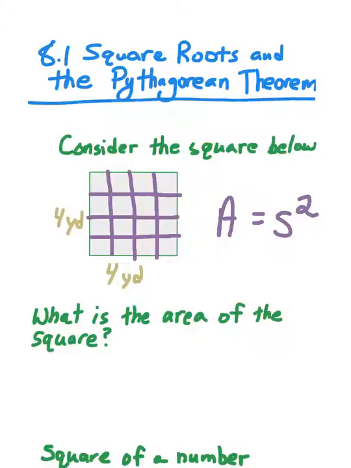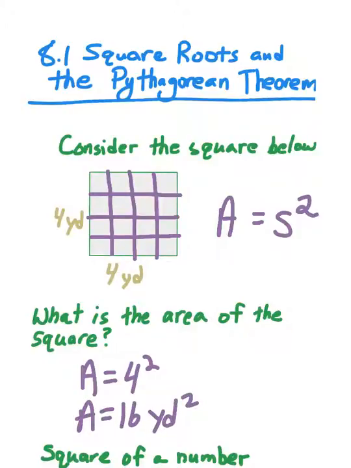So if I think of this as 1 yard, 2 yards, 3 yards, 4 yards, by 1, 2, 3, 4 yards, that creates these 16 square yards. So the area of this square is equal to 4 squared, which is equal to 16 square yards. So we're already showing that there's indeed a relationship between actual squares and square roots, as the square root of 16 is 4, and that's the side length of a square that has an area of